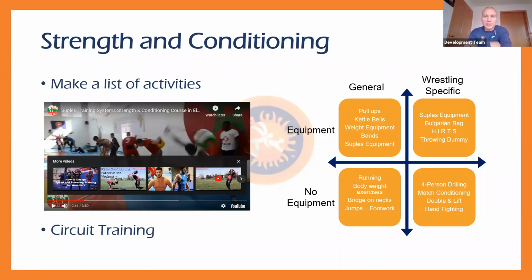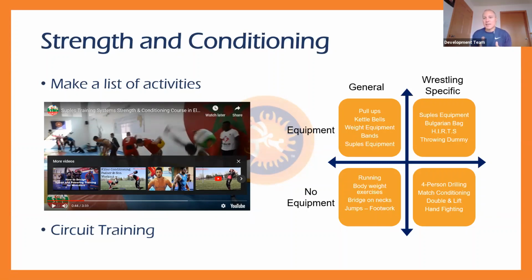I'll give you a couple things that we do that I think are really good right now. We do a lot of Tabata training, particularly the second half of our season when we're getting closer to the bigger competitions. We do this very much match time-wise. Now in wrestling, most of our wrestling is short bursts. You're wrestling, you're moving, and then all of a sudden you make an attack and you have to score really quickly, and you've got about 20 seconds. So we do a lot of 20 seconds on, 10 seconds off.